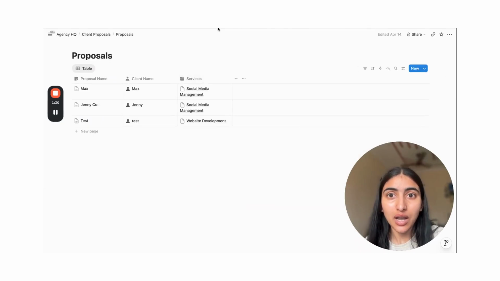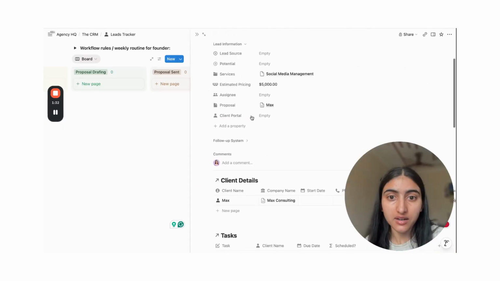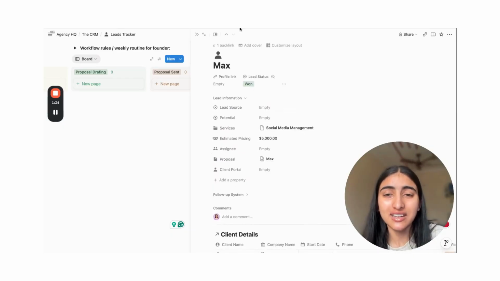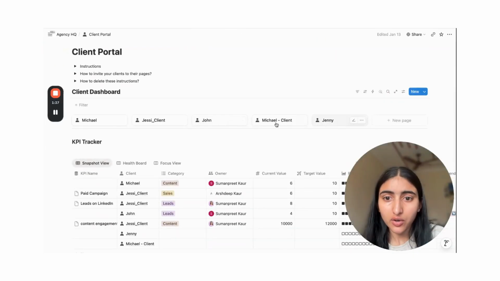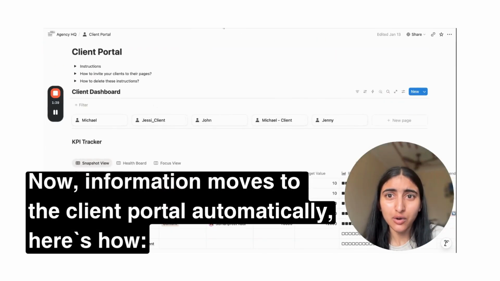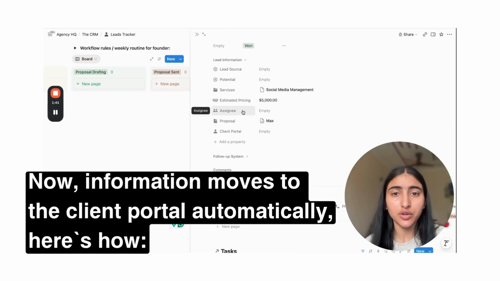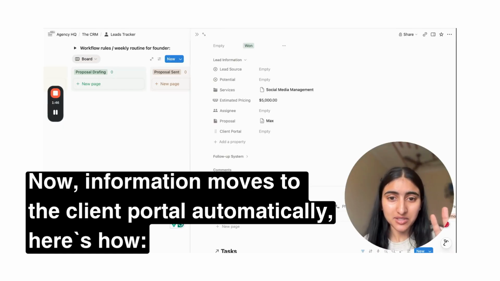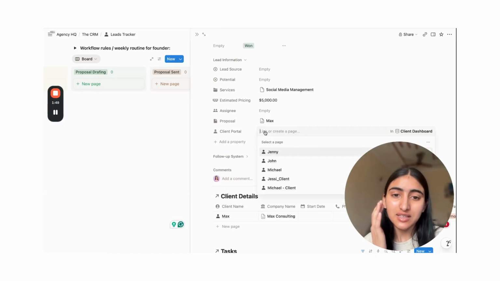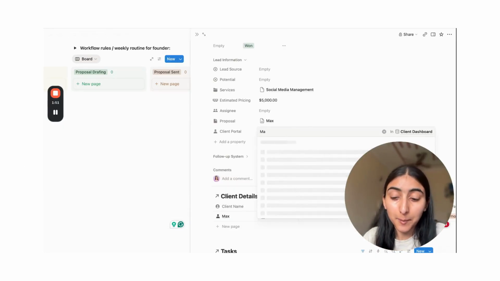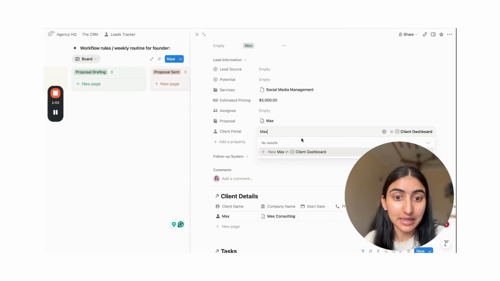And similarly, now I would go to the CRM. Firstly, I would show you inside the client portal. We got only these five entries before. Now I want to add the client portal of this new client as well. So I will just mark two steps here, just two clicks. Firstly, I will add a client page with Max's name inside the client portal.